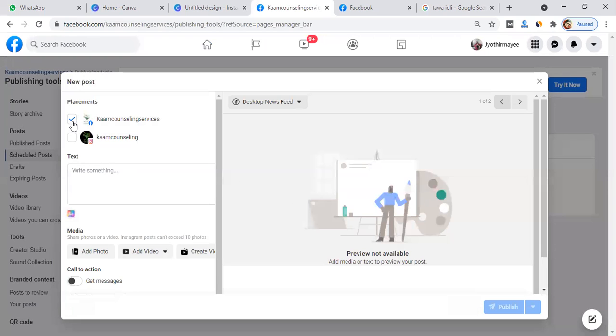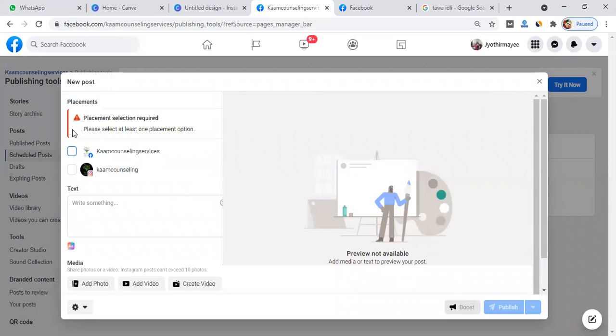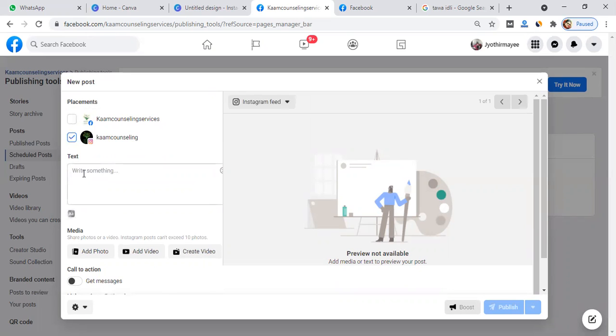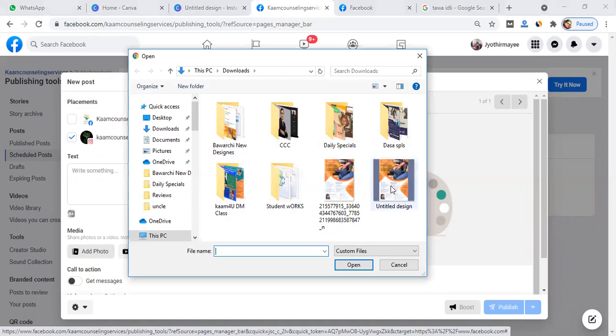Cancel. You have already posted on FB, so no need to select this. This is the FB and this is the Instagram. So select the Instagram and write something, whatever content they told. Write that content here, and photo.